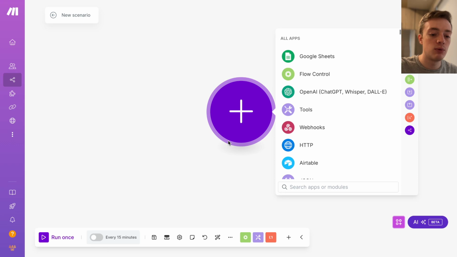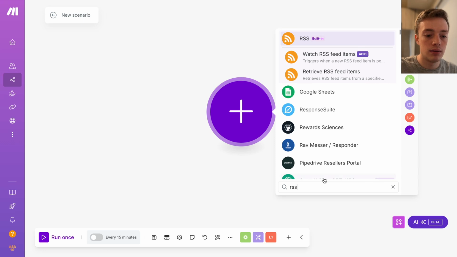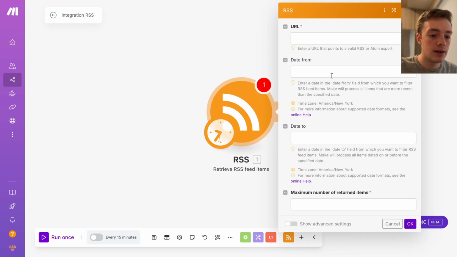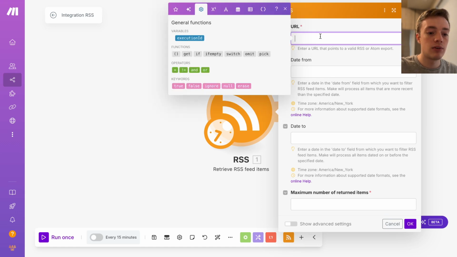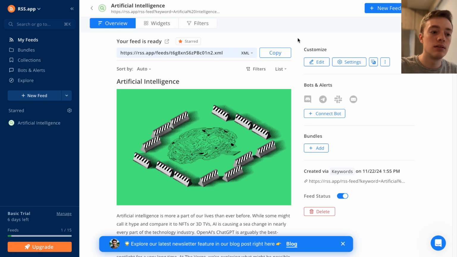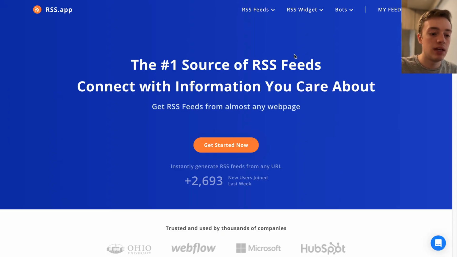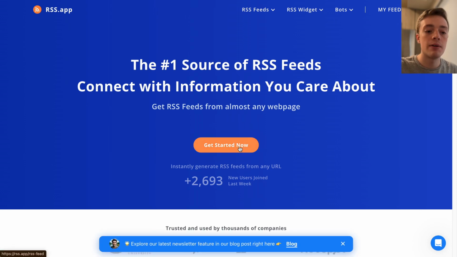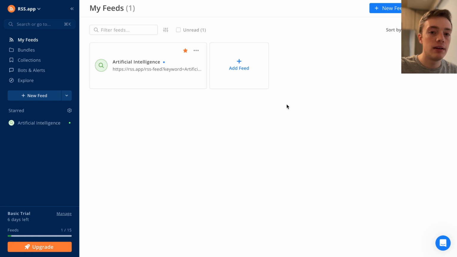And now the very first thing we want to add is the RSS. So this is where we're going to get our news articles from. So we're going to say retrieve RSS feed items. Select that. And now it's asking for a URL. So to get that URL, we're going to go to rss.app, and it'll take you to this page, and then go ahead and click get started now and sign up. And once you do that, it'll take you to a page that looks something like this. If not, you can click the My Feeds tab on the left, and what we're going to do is add a new feed